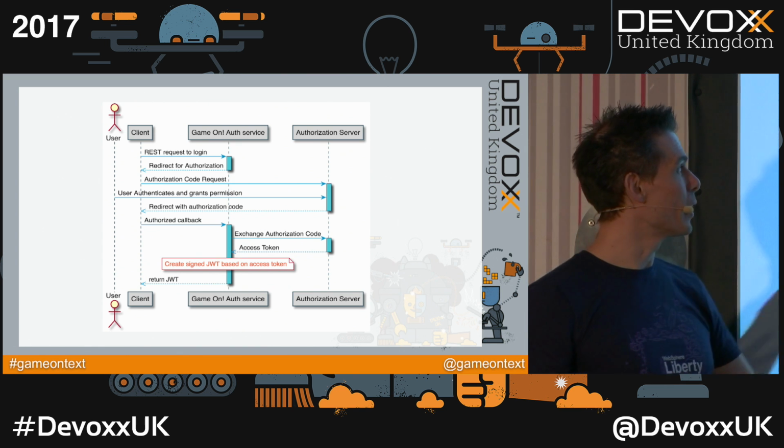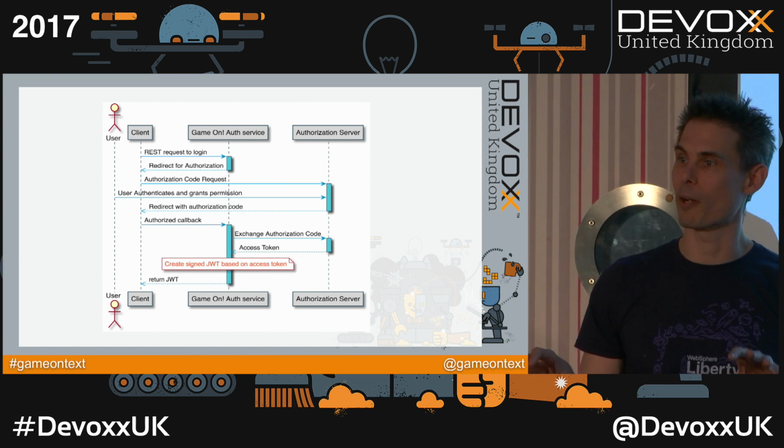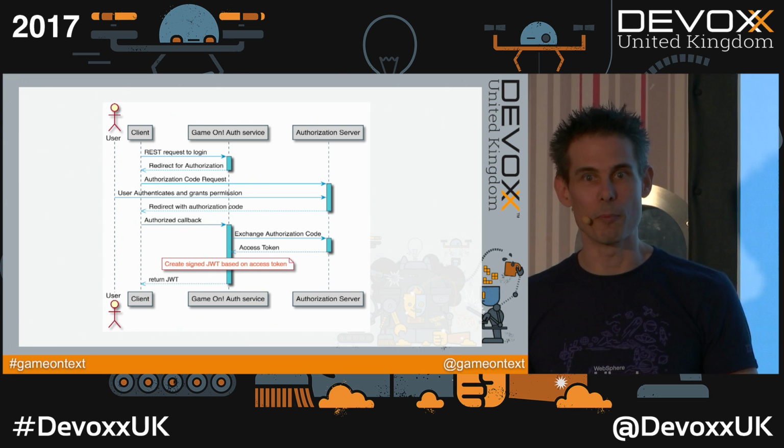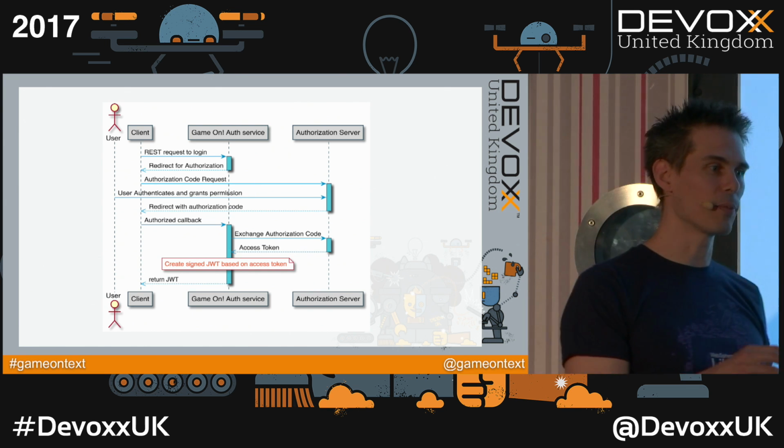And then what we do is we create a JSON web token, which we'll come on to more details about how we use the JSON web tokens with that information. And then we manipulate that and we pass that around the system. So as I say, one of the key things we get asked about